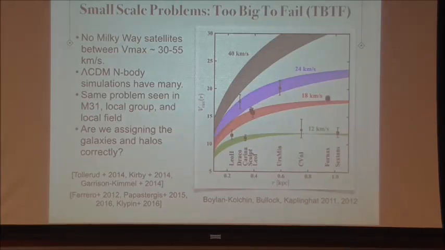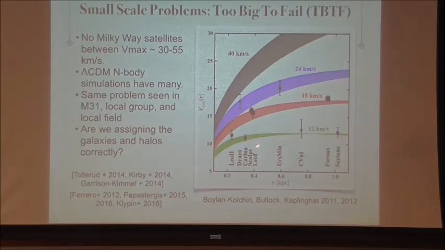The second small scale problem has been coined the too big to fail problem. This is basically saying, okay, let's take our luminous satellites of the Milky Way and then compare them to their counterparts in a dark matter only simulation. So basically we take our Milky Way size galaxy, you simulate it, it has a number of subhalos, and then you want to say how do these subhalo properties compare to the observed properties in actual galaxies. And what you find is that